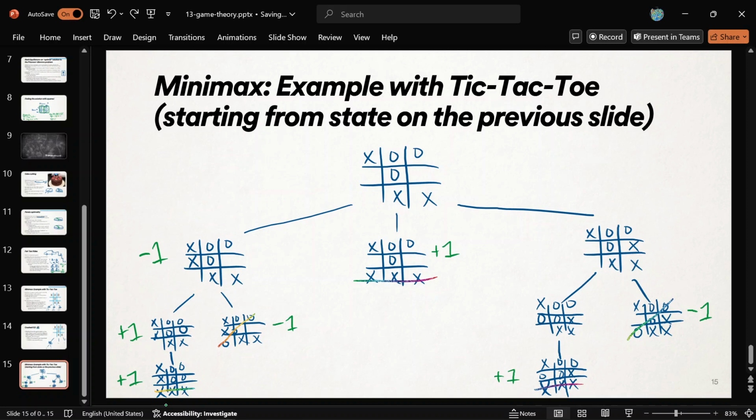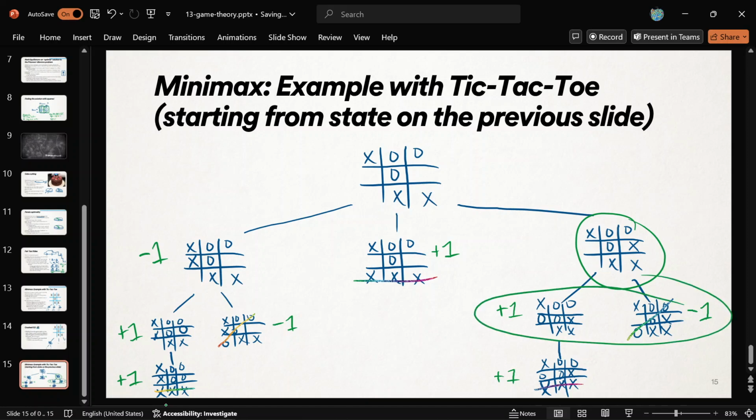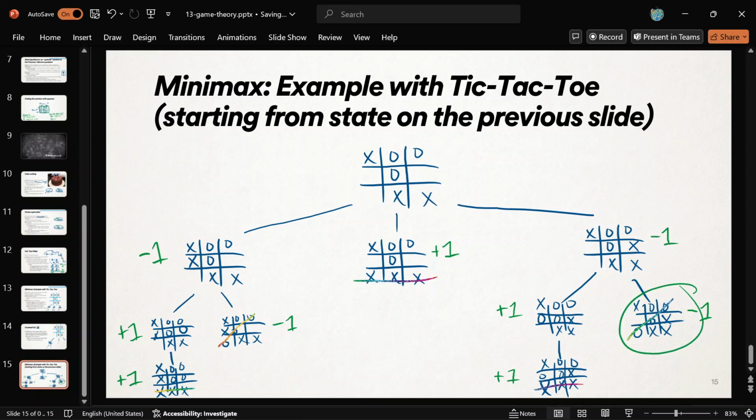And so this is how the game plays out. It's like, all right, this is X's turn. We want to maximize over all the possibilities. There's only one thing, so the max of 1 is 1. And then this is O's turn again. They want to maximize their own outcome and minimize ours. So of the options, they're going to take the minimum option for us. And so that means we can assign negative 1 to this, because O will totally make this move. We're going to assume that they're really good at the game.